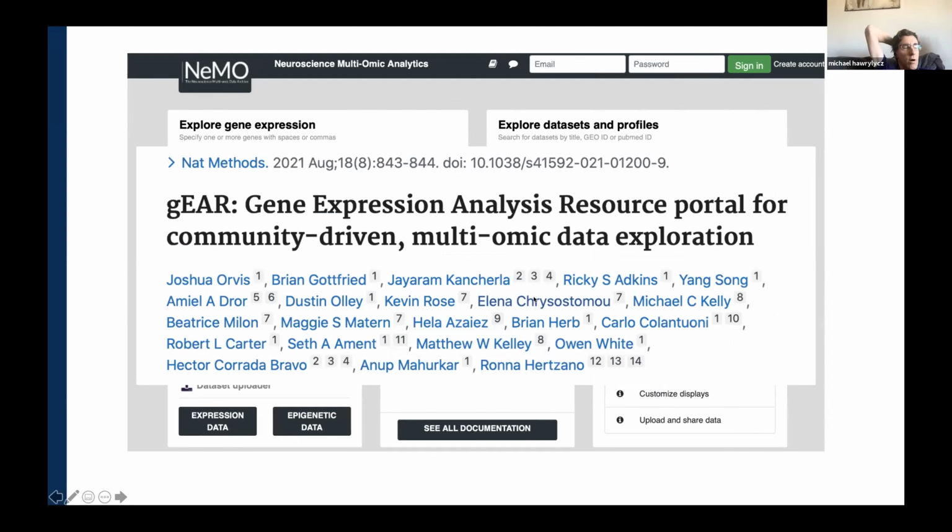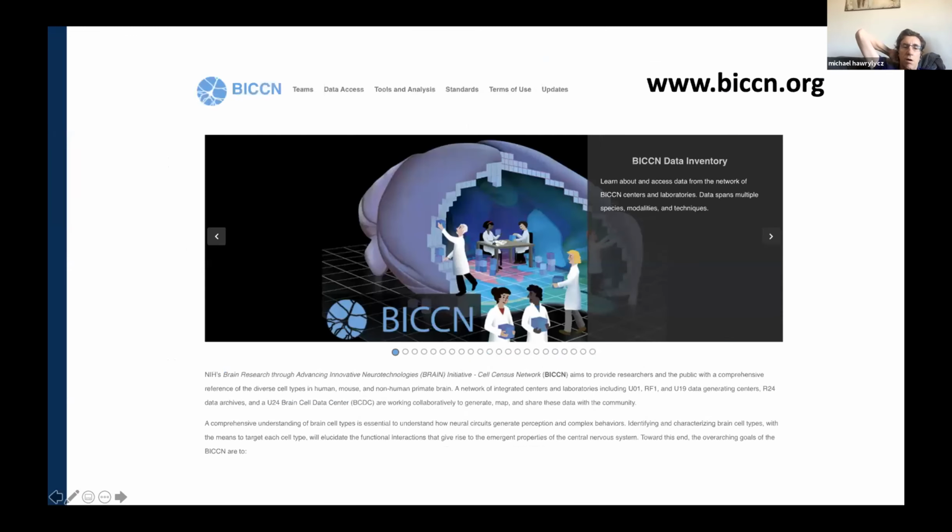The NEMO archive is also part of this community ecosystem of the BICCN that we have. The Brain Cell Data Center, which I work with at the Allen Institute, helps to organize and encourage the different participants to practice open science.